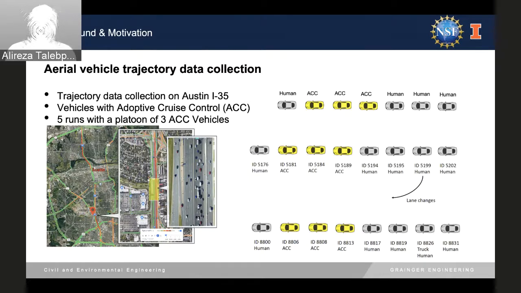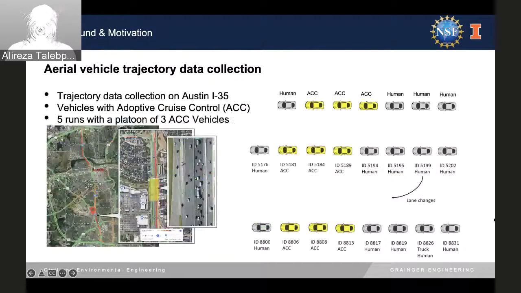And as you can see, the dynamics of these 5 runs. Well, 5 runs is really not enough, and I'll get to what needs to be done to increase this and what we're doing here in Chicago. Over 2 hours, because of congestion, we could only do 2 rounds. You had to go through the whole loop, and that took so long that we could only finish 5 runs in 2 hours, and each run takes about 1 to 2 minutes. But the dynamics of even these 5 runs are very different.